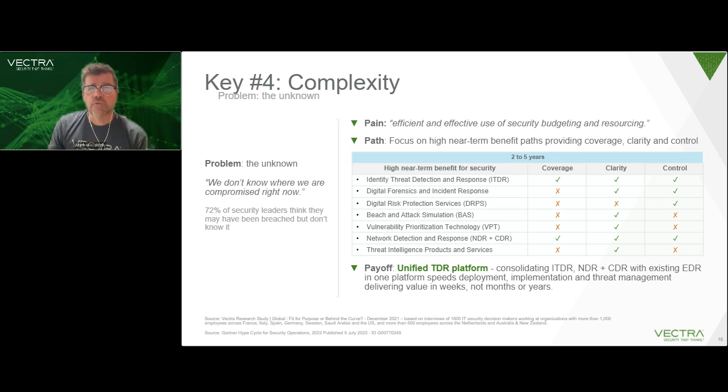Fourth, am I doing it in a way that reduces complexity? Right? Where am I going to invest that is also going to deliver coverage, clarity, and control, but also reduce complexity, help me be more efficient, effective, and deliver near-term value to the business? Which brings us to the fourth,